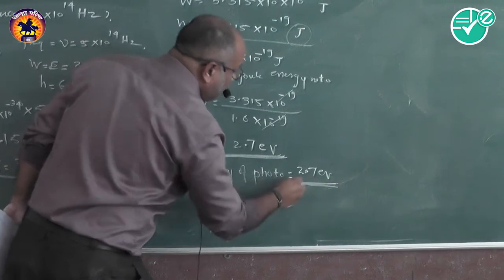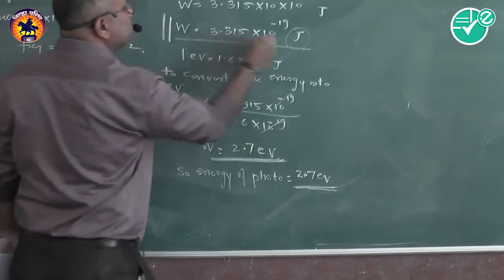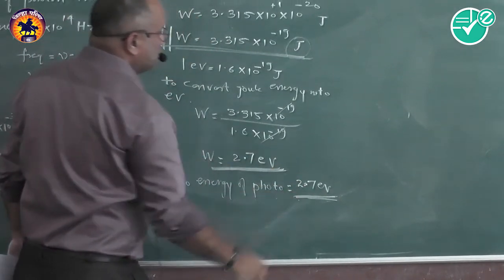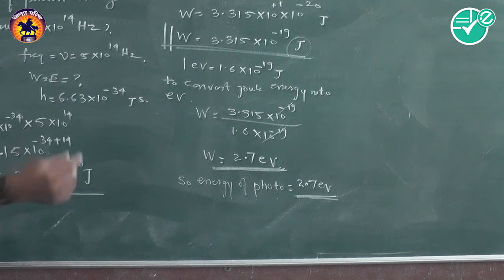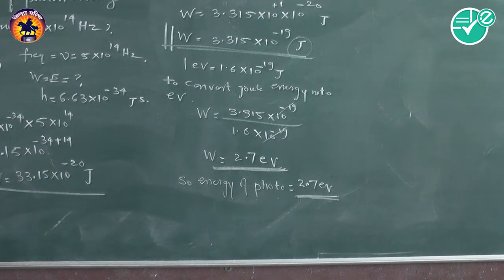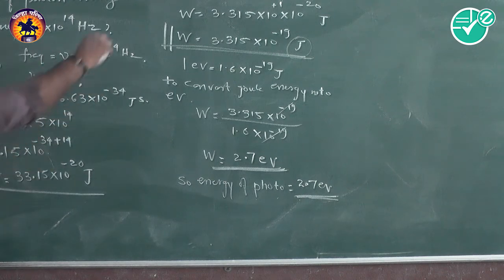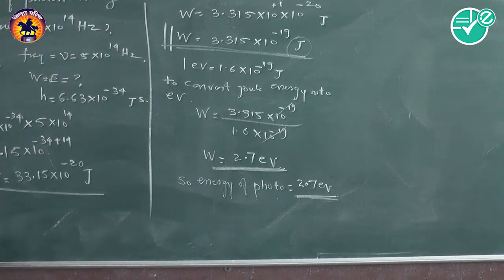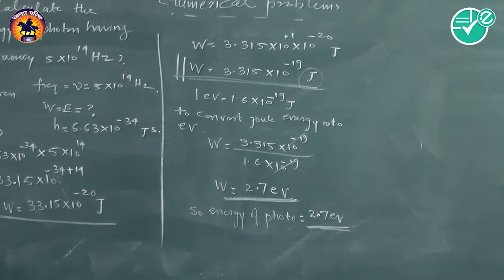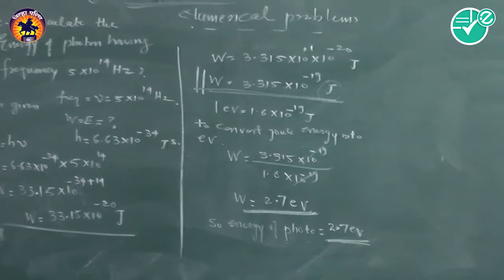Now here I have drawn both the values, in terms of joule as well as in terms of electron volt, because many times in the board pattern question, the value can be asked in electron volt, or in NEET sometimes one option is in joule format and another option is in electron volt format. So you have to understand how to change joule to electron volt and electron volt to joule. Write down.